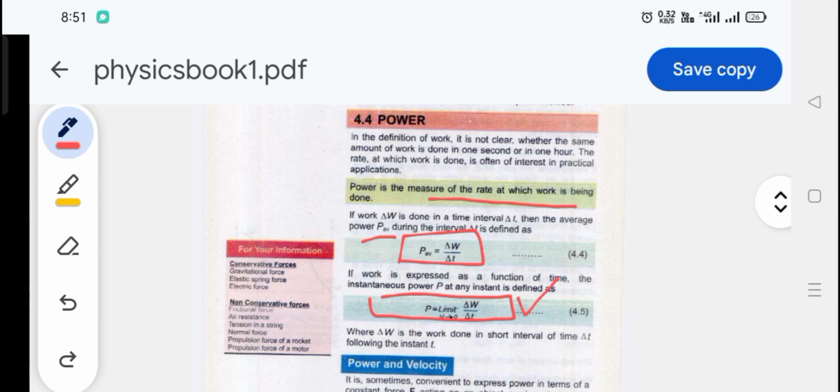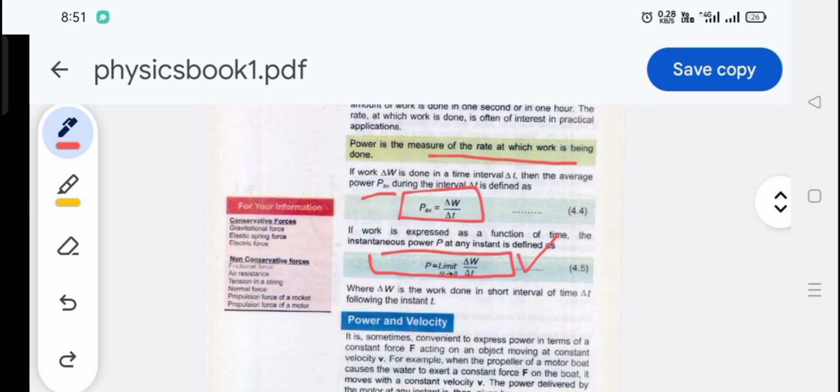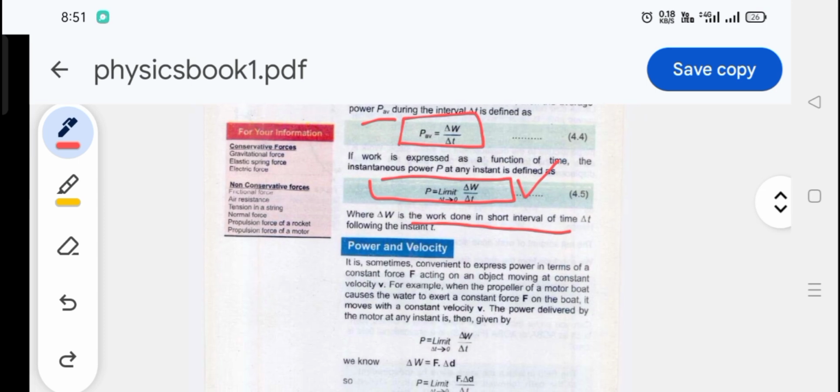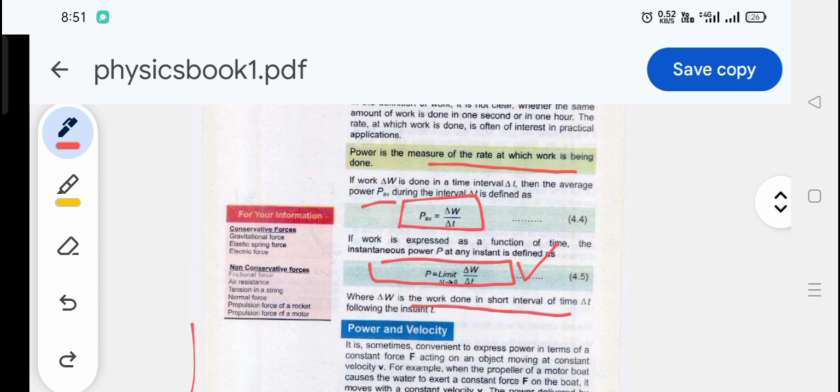Now we'll see the units of power, where delta W is the work done in a short time interval delta T following the instant T. Next one is, for your information,